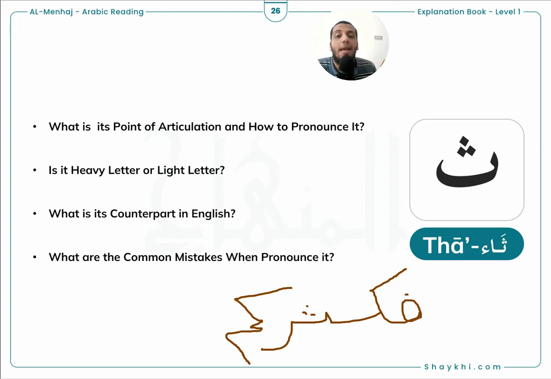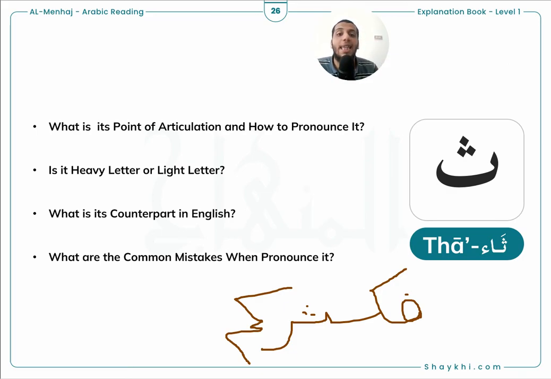No, they will make the tip of the tongue go back. So this is what will result in either a clear letter sin or a mixing between letter sin and letter th. This is a clear letter sin, or a mixing like this. Okay, but the correct